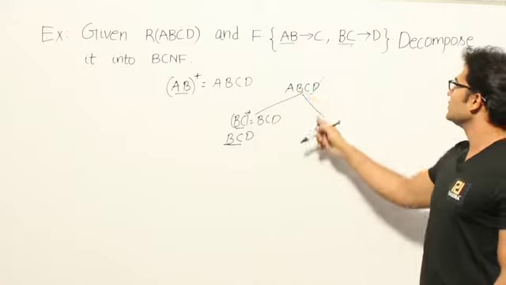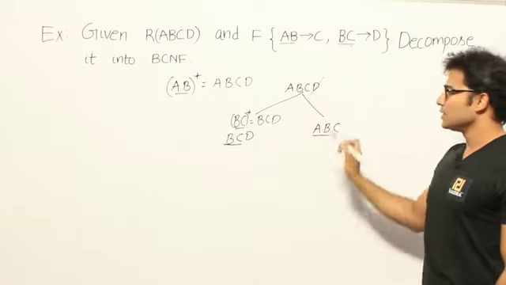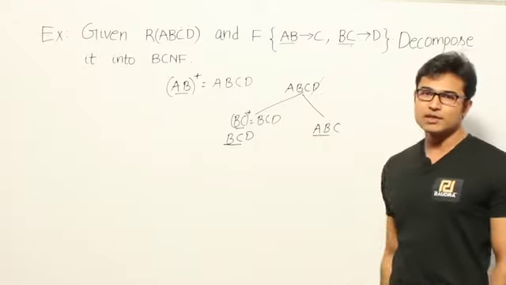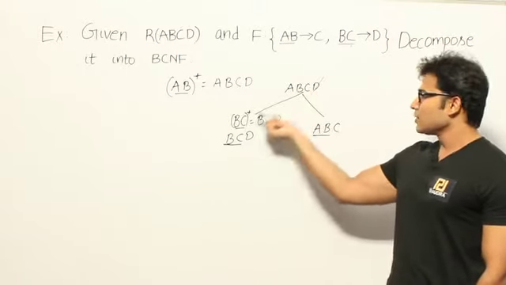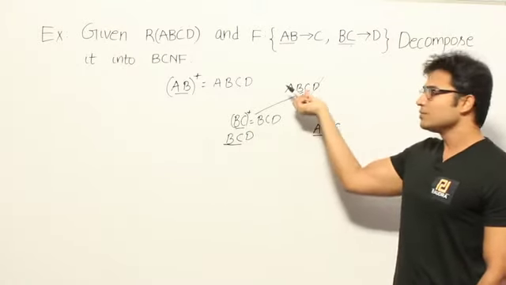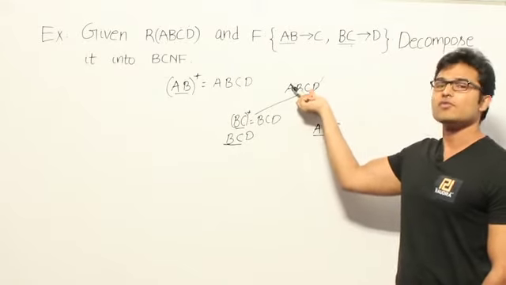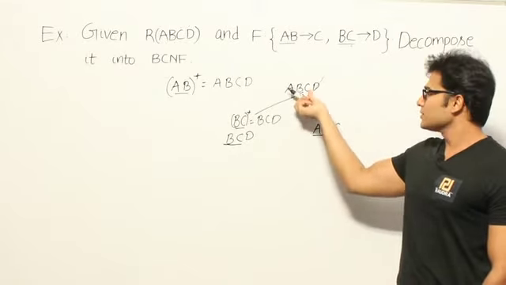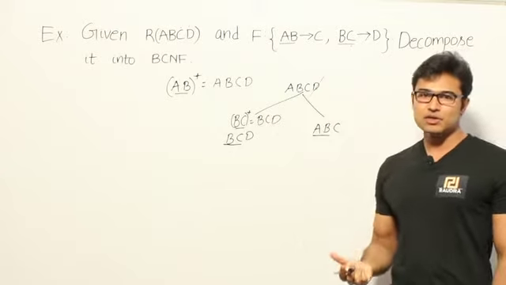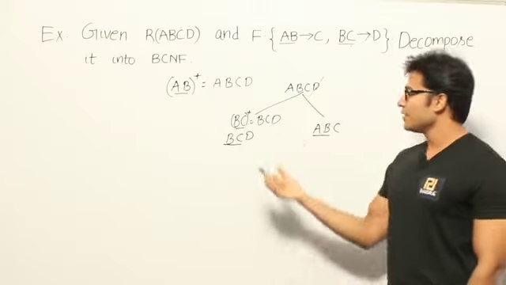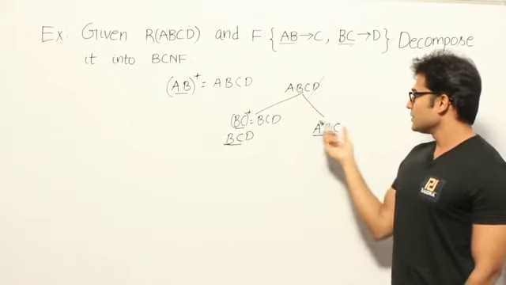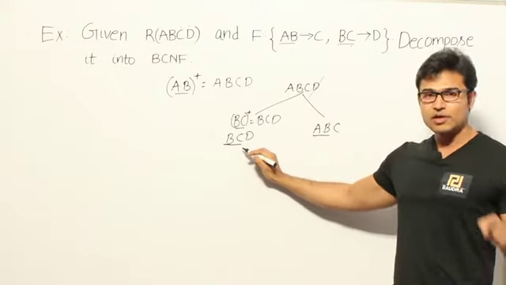Now for this table ABC, AB is the key, and for this table BCD, BC is the key. Now if you observe, we are only removing D from the original table and letting BC be there in the original table. Why is that so? The reason is there has to be some intersection between these two tables, and in this case the intersection is BC, right? And BC is a key for one of the tables, therefore it is lossless.